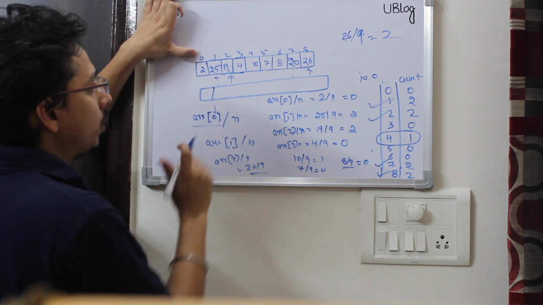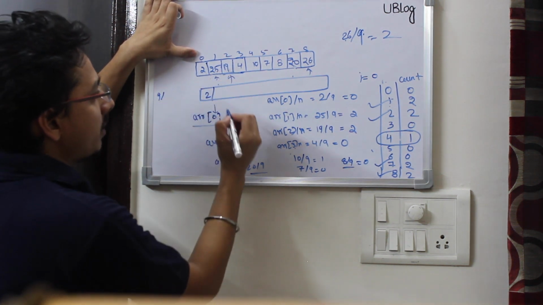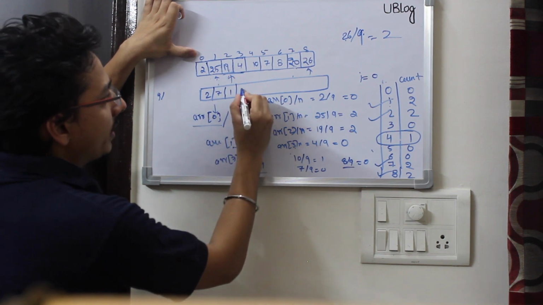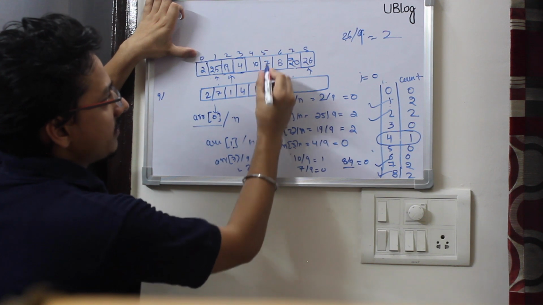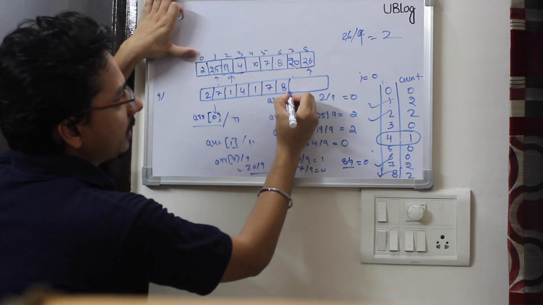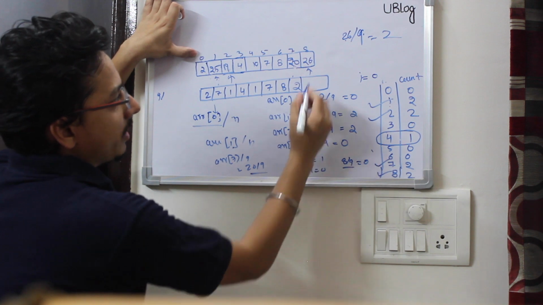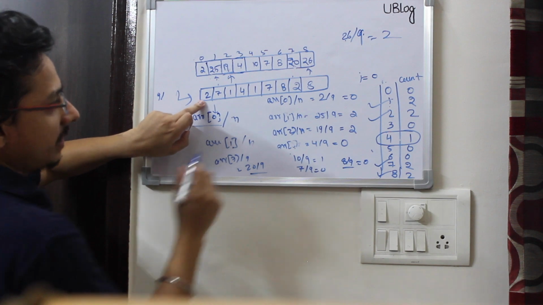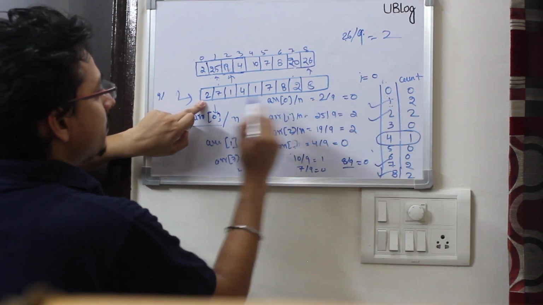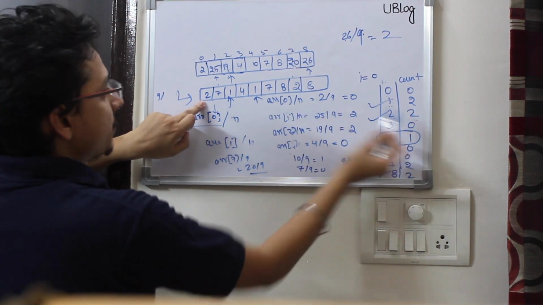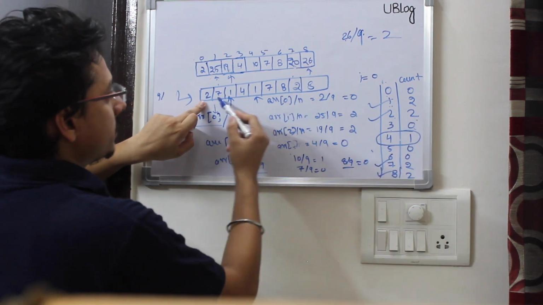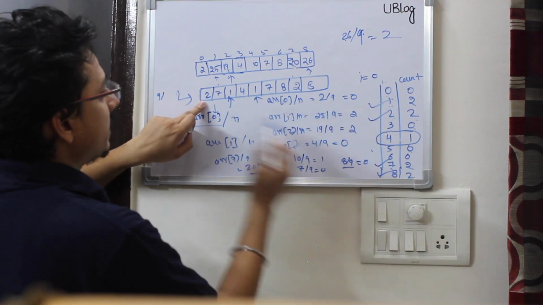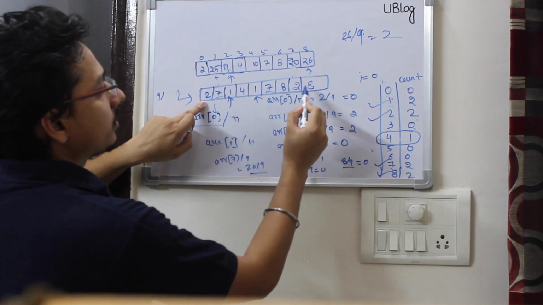So what my input array will become is 2 modulo 9, which is 2, 25 modulo 9, which is 7, 19 modulo 9, which is 1, 4 modulo 9 is 4, 10 modulo 9 is 1, 7 modulo 9 is 7, 8 modulo 9 is 8, 20 modulo 9 is 2, 26 modulo 9 is 8. So this is how I get back my input array, which clearly says 0 is not present, 1 is present twice, 2 is present twice, 3 is not present, 4 is present once, 5 is not present, 6 is not present, 7 is present twice, 8 is present twice.